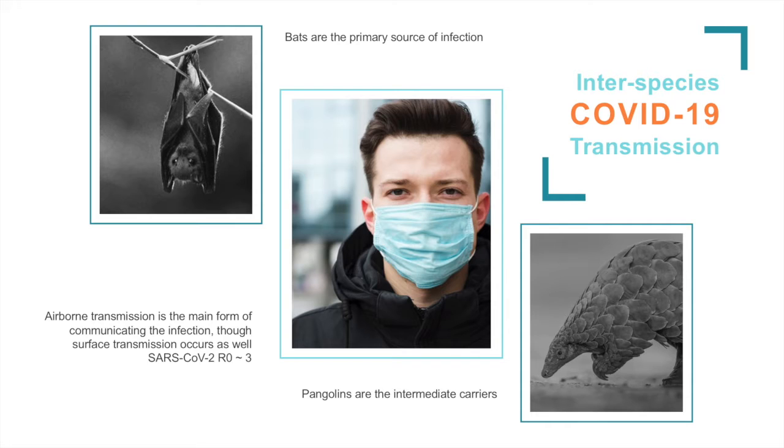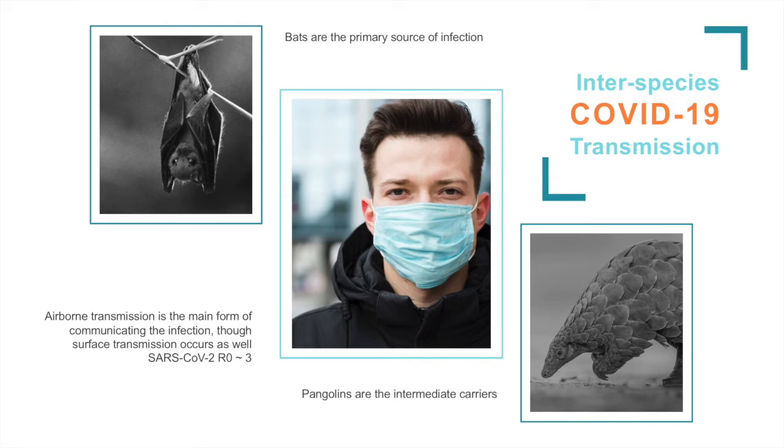And the R naught, denoting the pathogen's basic reproductive number, represents the average number of people infected by one infectious individual. If R naught is larger than 1, the number of infected people will likely increase exponentially, and an epidemic would arise. If R naught is less than 1, the outbreak is likely to peter out on its own. The R naught for SARS-CoV-2 infection is 2.5, approximately 3, which means that every infected individual is likely to infect